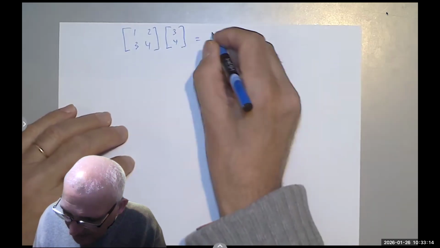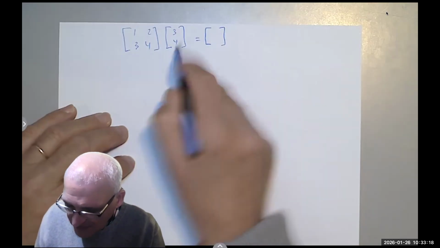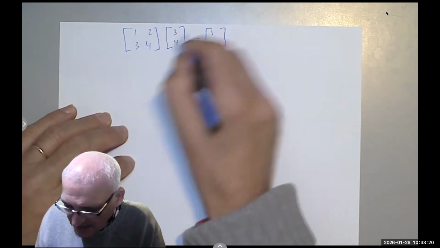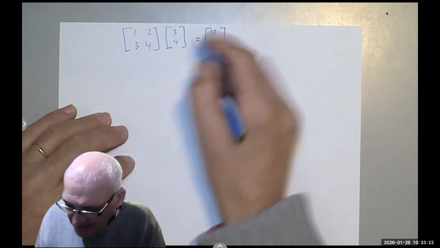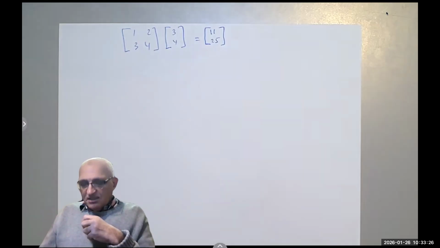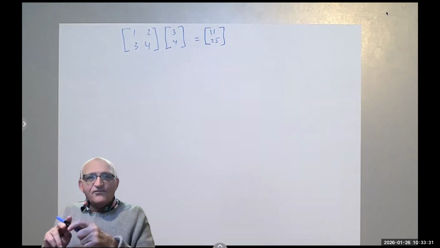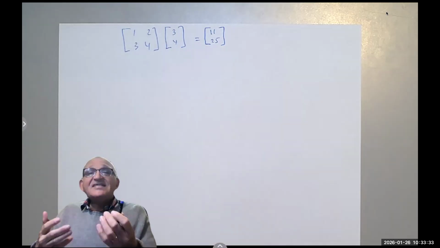Now, if you multiply these two, you get the new vector, right? You get 3 plus 8 is 11, and then 9 plus 16 is 25, and now the slope is much higher. It's 25 over 11, which is much higher than 4/3. So we say